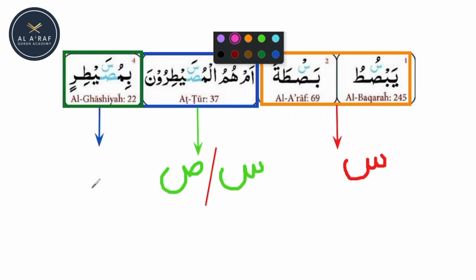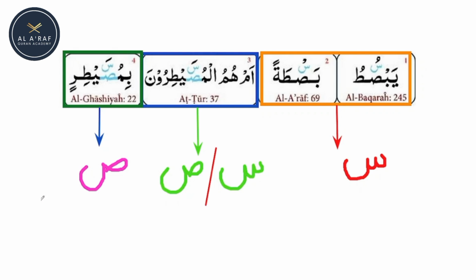So I will write here. You have sword only. Now this is a question, how will you remember? Where you have to read seen and where you have to read sword and where you have the choice to read seen or sword. I will tell you a trick here. Okay, let's see what the trick is here.